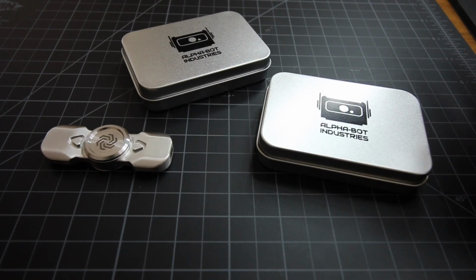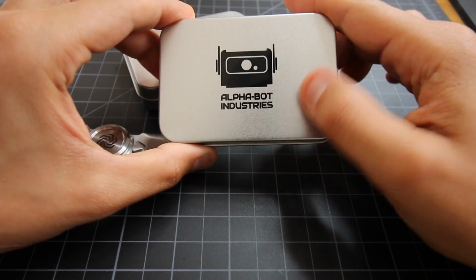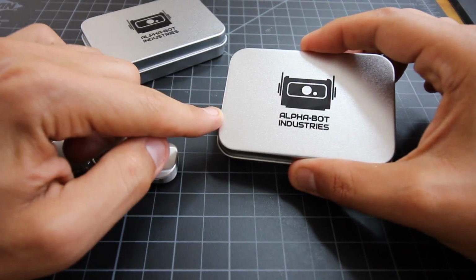It's perfect. All right, guys, let's get started. Here we are with our spinner from Alphabot Industries right here in downtown LA. We've got two spinners today. One I'm going to be using as a review, and then one I'm actually going to do as a giveaway,